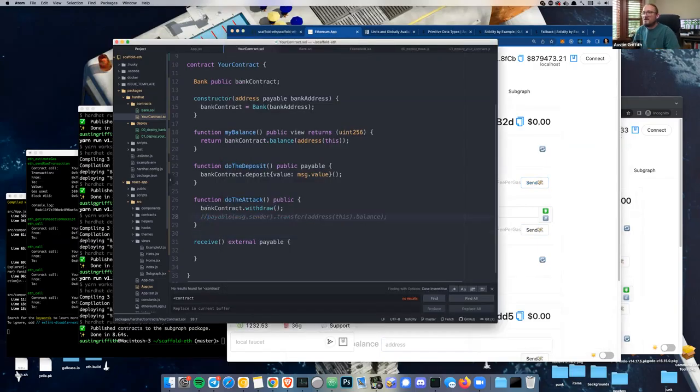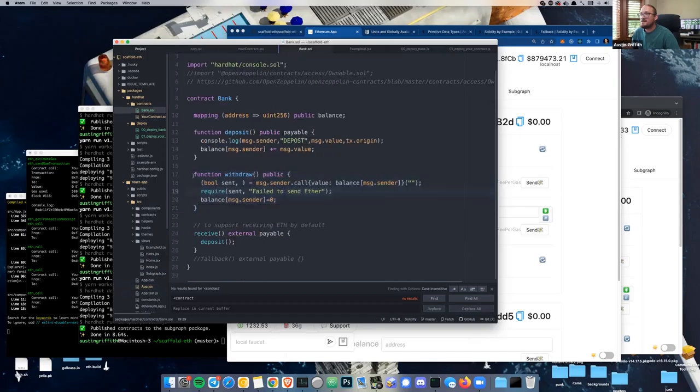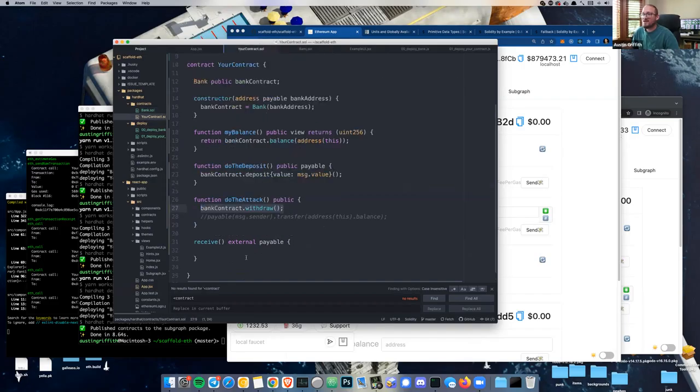Okay, here we go. We want to call withdraw. And when we call withdraw, the bank is going to immediately send us our balance. And what happens when they send us our balance? It's going to call this receive function, right? Ooh, interesting. Okay, so let's see here. What if we did just one more of these? Okay, so we'll keep some